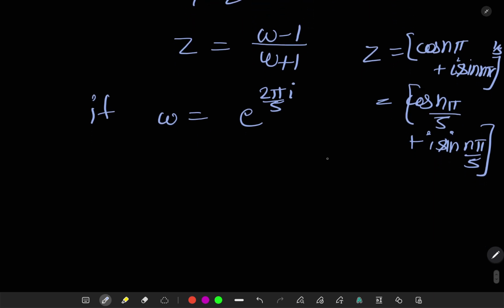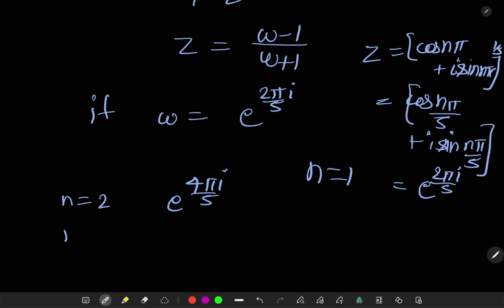For n equals to 1, this equation becomes e raised to power 2 pi by 5 iota. Here one root is 1. Sorry, if we put here n equals to 2, this become e raised to power 4 pi iota by 5, and for n equals to 3, e raised to power